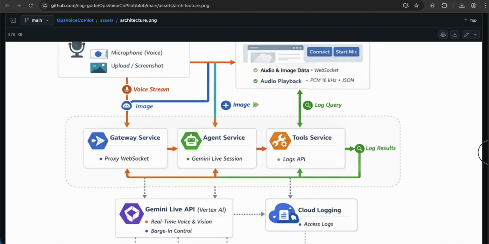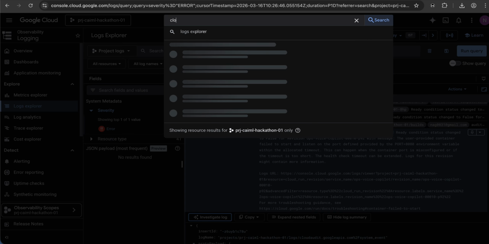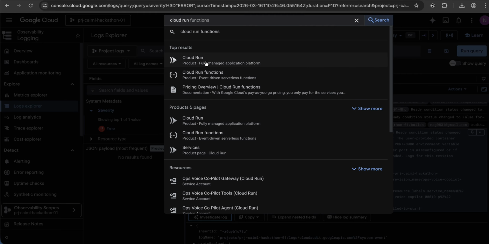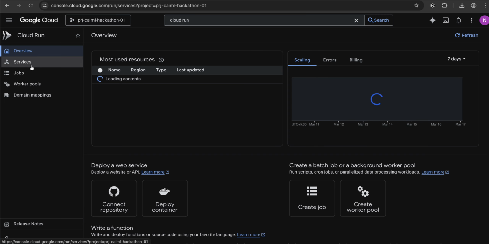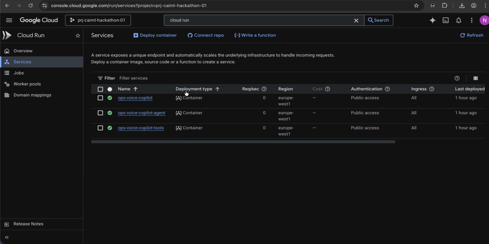The app is 3 services on Cloud Run: a gateway service that serves the UI and proxies to the voice WebSocket, an agent that runs the Gemini Live sessions and calls the tools service, and a tools service that talks to Google Cloud Logging. So we use at least 3 GCP products: Cloud Run, Vertex AI for Gemini Live, and